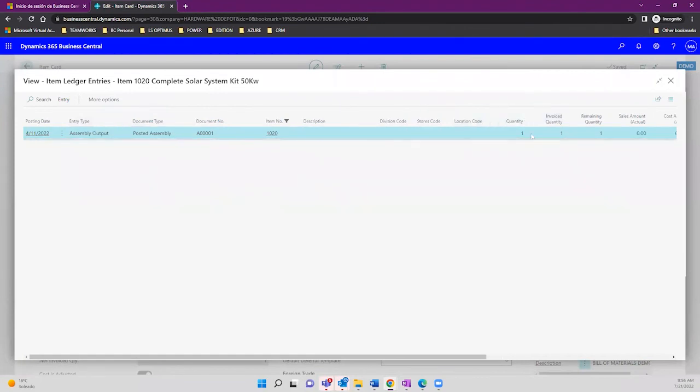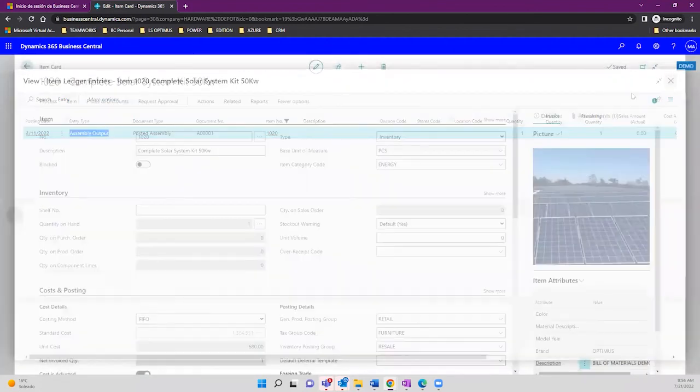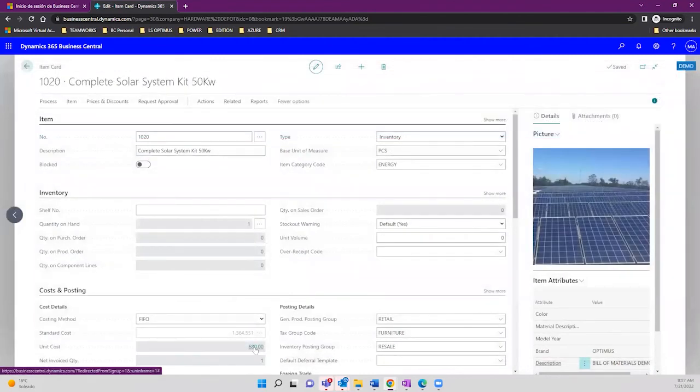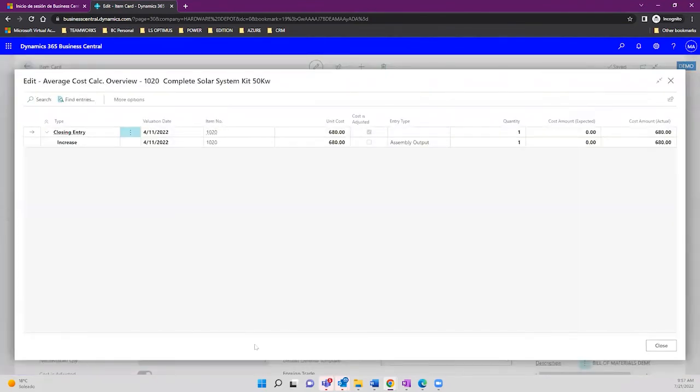When you have your physical quantities, they will be shown. If they were invoiced as well, they will be shown. And this is going to tell you that this came from an assembly output. Okay, very important, because we are going to need to read whether you purchased an item or whether you assembled it. And from here as well, the actual quantity, the actual unit cost coming from the purchase order, not from the planified. All right? Created from that single unit entry, the unit cost was 680,